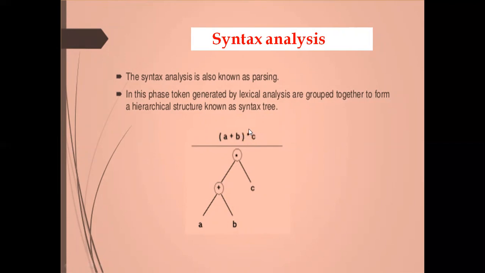Here, considering the hierarchy of plus and star, the asterisk, that is multiplication, is the highest priority. So first it will divide at this asterisk, between the two operands: one is C and another one is A plus B. A plus B is not a complete variable, it is a combination of variables and an operator. So again it will be divided into three: plus, A and B. Like this, the syntax tree will be divided.